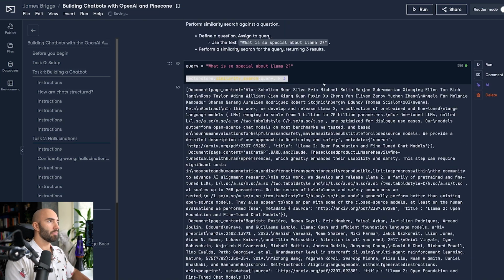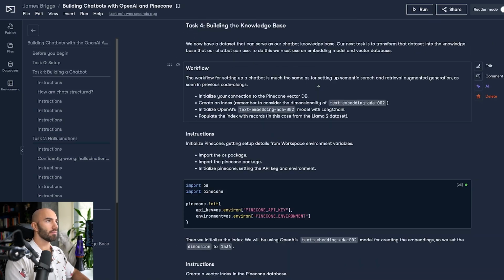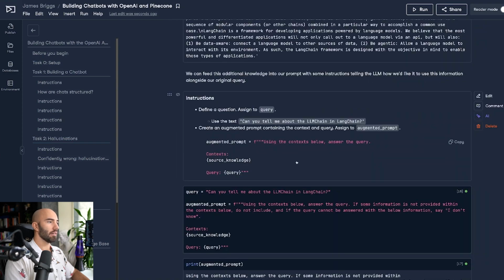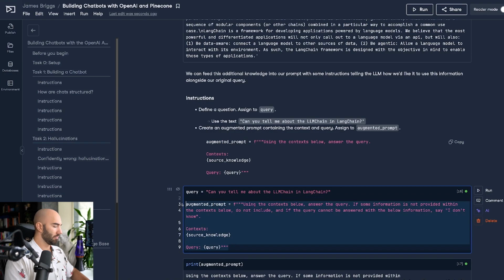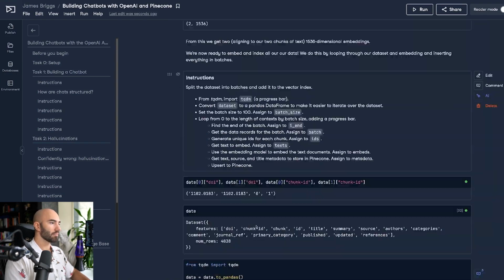Then we're going to augment our prompt, and we can take what we used earlier. So where was that prompt? Here. We have this. So let's take that and we're going to apply it here.